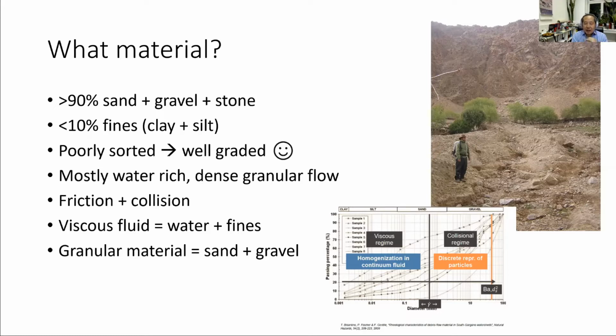Because when the settling process is much longer than that, you look at it as part of the fluid. So this means the debris material is a kind of granular material, mainly consisting of sand and gravel. A few stones are usually sorted out, just like in your test, they probably don't consider big stones. Right? So I got a picture from Wikipedia, and you may have a good idea what this